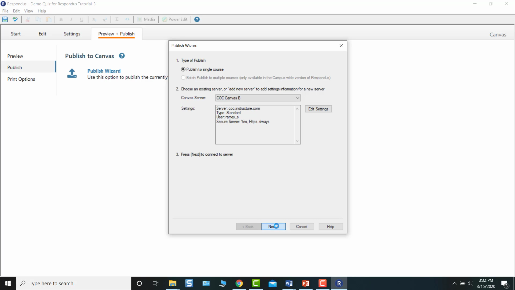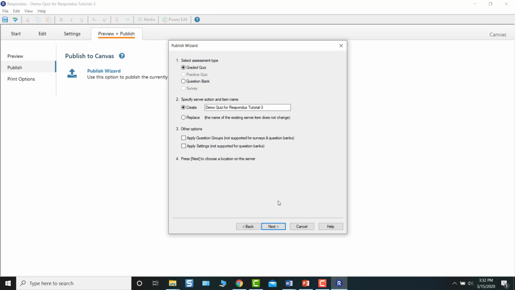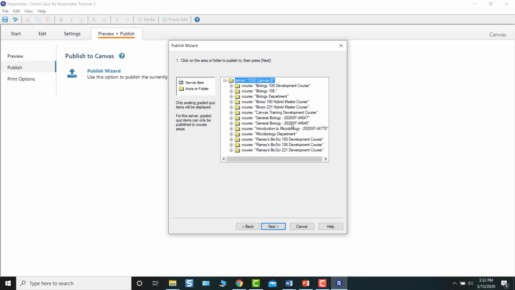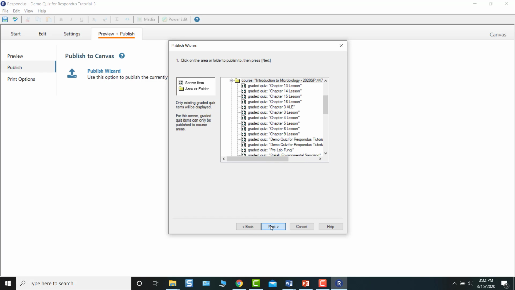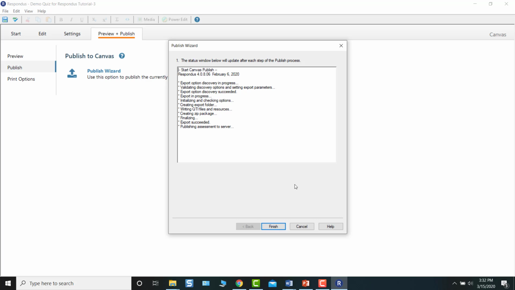So again, if this does not require question groups, then I'm going to leave all of this default and not select these, since I'm not going to have any question groups. And I'll navigate to my course and publish to the course. So let's give it a few seconds here to finish publishing. Sometimes it'll go to this not responding. That's pretty normal. Sometimes it takes a little bit longer for whatever reason,